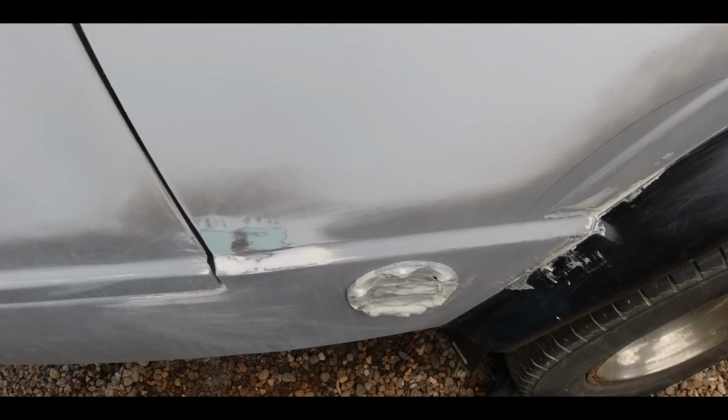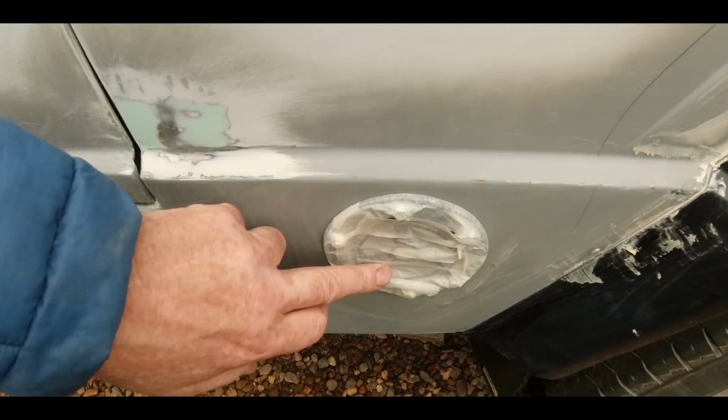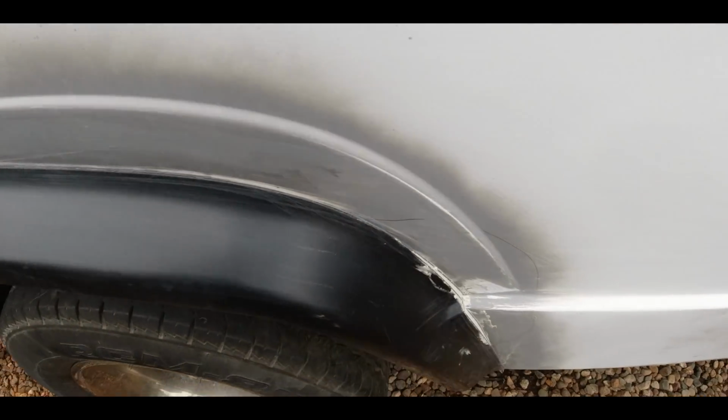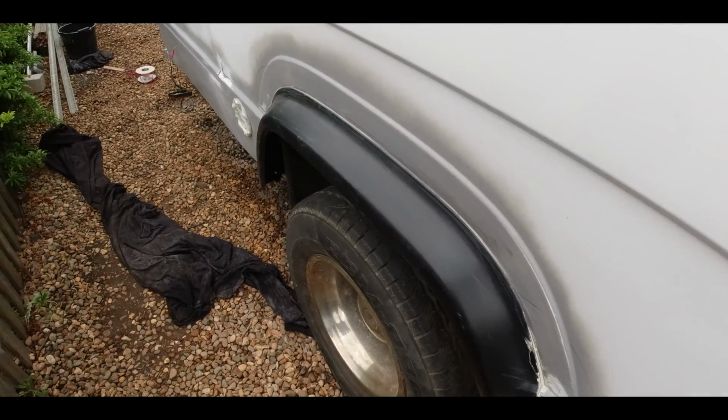I've got my water filler caps in. I've got my back wheel arch. These are taped off, by the way, because we're going to wrap this next week, so that's why everything's taped up. And I haven't got the front one done yet